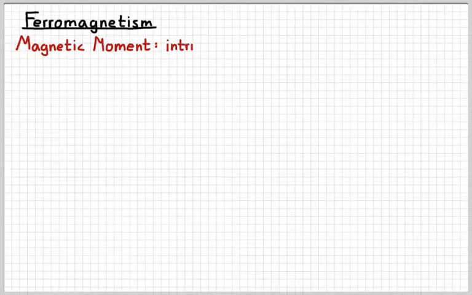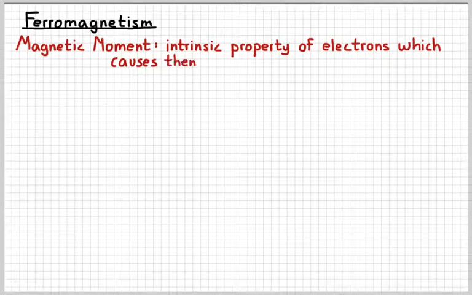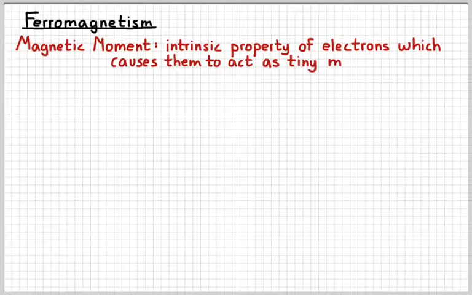Okay, let's talk a little bit about permanent magnets and bar magnets, which you might be more familiar with. And not all of this is really necessary to write down, so I'll kind of make sure we highlight the stuff that's important here. We're going to define a term called the magnetic moment. And the magnetic moment is the intrinsic property, so property means it's something it has because of what it is, of an electron. Remember, electrons are the negative charges that move around an atom, which basically causes them to act